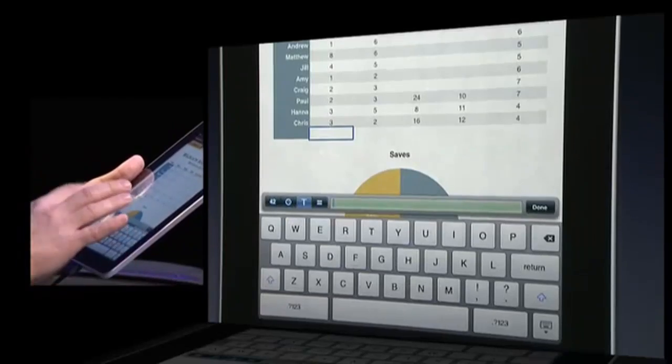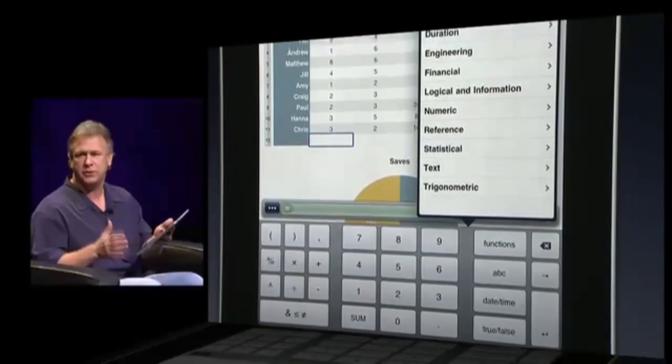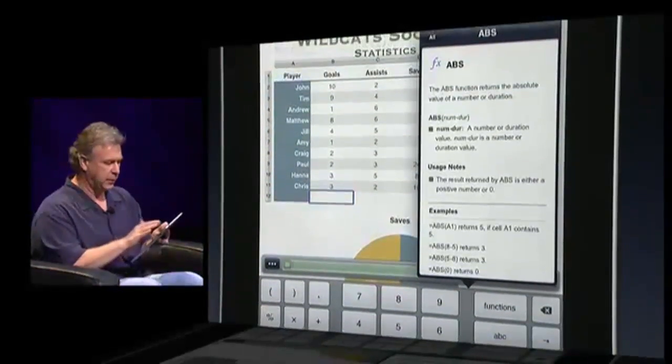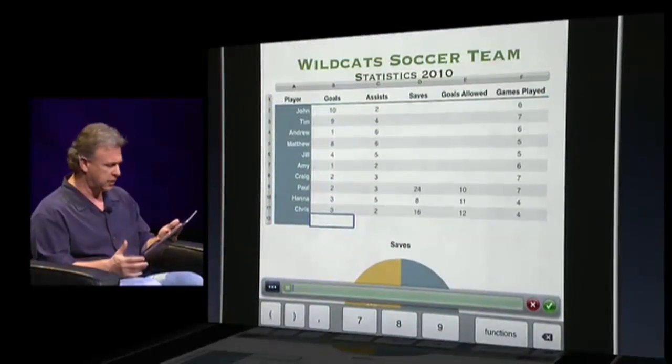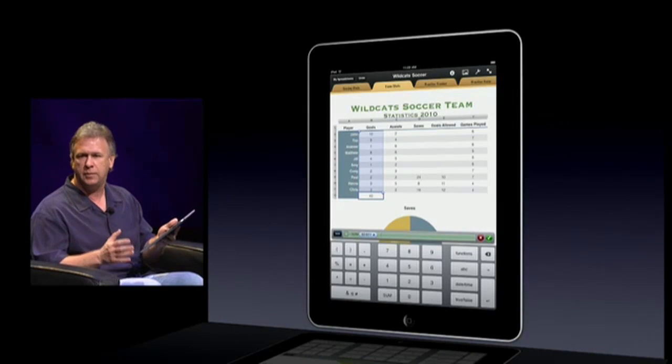Of course, I can enter text. And I've got access to all my formulas and functions. There's over 250 formulas and functions built in to Numbers. I can go into any one of them, even get help built on it right here by tapping. But what I want to do is simpler than that. I just want to do a sum on the column, and that's a button right there on the keypad, so I'll tap it, sum. And Numbers is smart enough that it recognizes where I am, the column of data, and